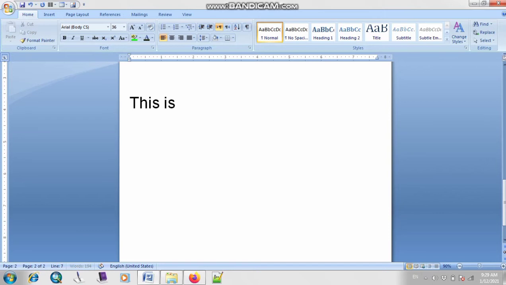This is my book. Okay, so as you can see, there is not any kind of mistake, but how can we find a mistake? Let's say I have typed the wrong spelling of book. Now as you can see, the spelling of book is wrong or incorrect. This is not the spelling of book. B-O-O-K, that is the correct spelling. What I have typed is B-O-K-K. So this is the wrong spelling.